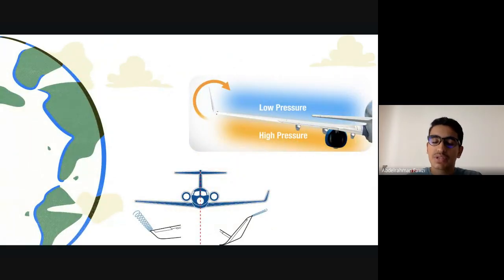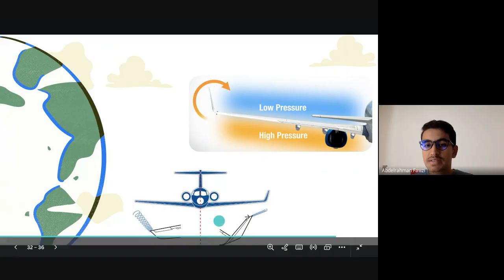We have the vortex. The vortex happens because there is high pressure on the lower side of the wing and low pressure at the upper side. That's why the airplane flies. So the high pressure sometimes tries to creep along the wing and reach the low pressure area. This causes this vortex formation that you can see here as well and here.